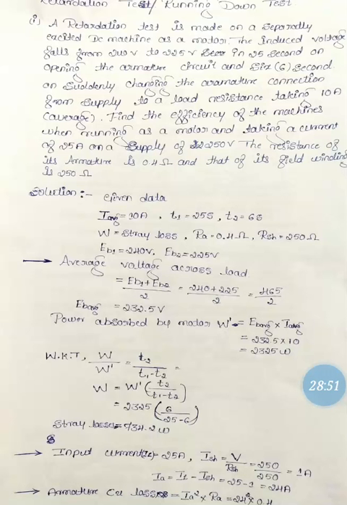The resistance of its armature is 0.4 ohm and that of its field winding is 250 ohm. Now a motor is given here. For that motor, the armature winding voltage is taken out, that is there will be a drop in the voltage. Initially it was 240 volt, and once the voltage to the armature is taken out, the voltage comes down to 225 volt. That means there is a drop in the voltage from 240 volt to 225 volt, that too in 25 seconds.